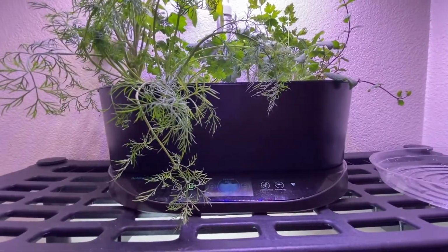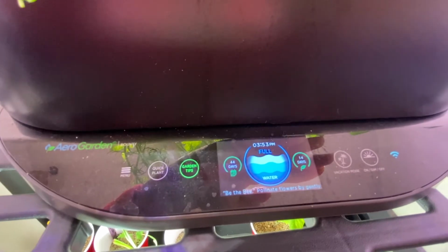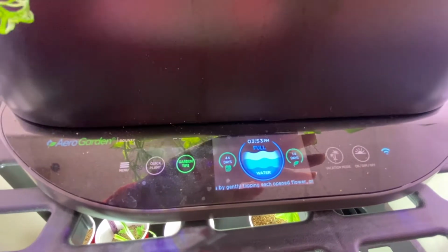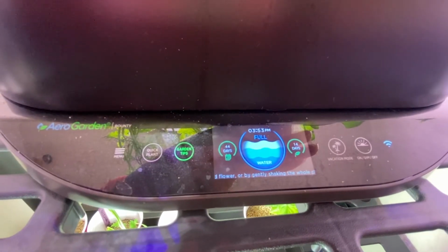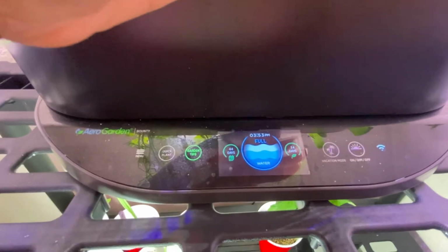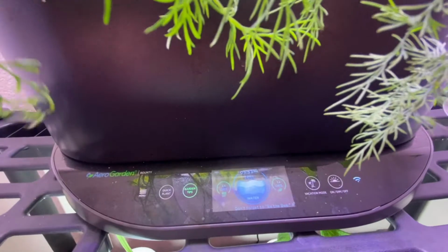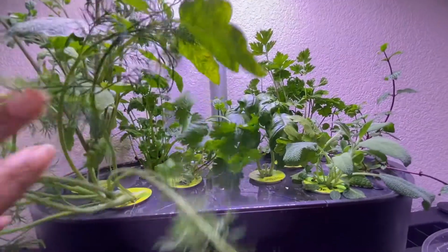Okay, y'all, so I have now added my plant food, and can you see that? And filled the water up. Wonder what that message is saying. I'm telling y'all, I can't see it at all. I'm so short. I'm only 5 feet tall, and the shelf is 6 feet. I want to say the tallest shelf is 6 foot. And so like I can just barely see over this top shelf on my little step stool, but to be able to see what's really going on in my arrow garden is a struggle. So I have to like scoot it really close to me and stand on my toes and everything else,